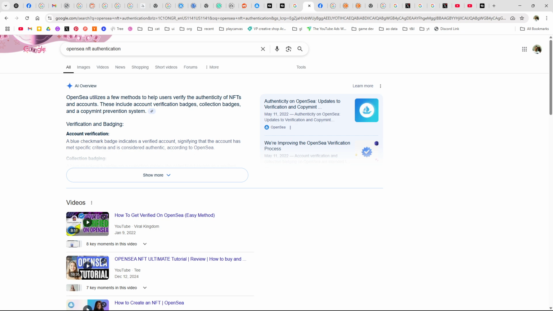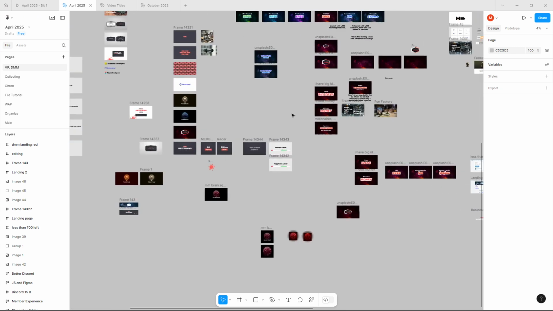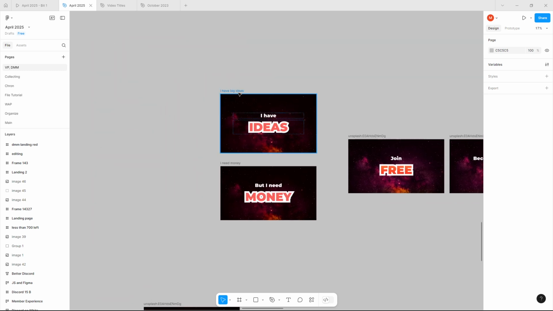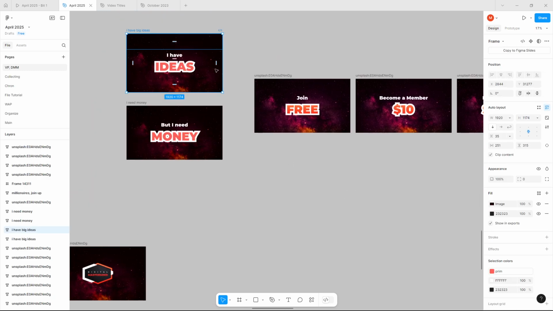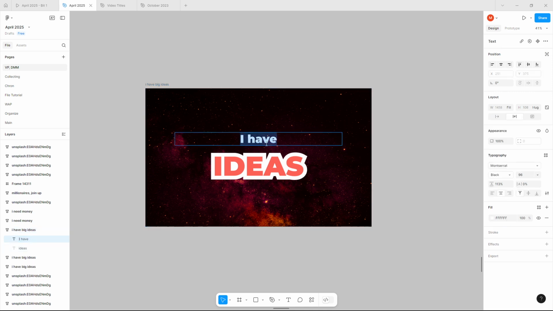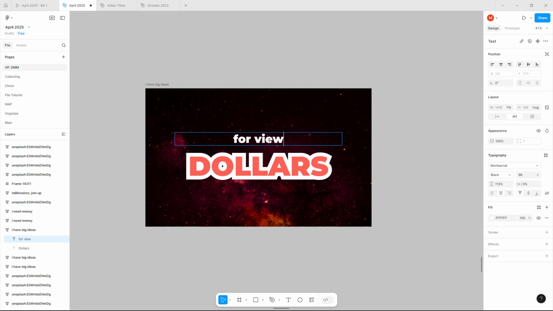Here, let me pull open Figma, see if I can illustrate this in real time. So I'm going to maximize Figma here. I'm going to grab a template. I kind of like this one because it's just got the two text thingies and it is pretty epic. And so the idea was, I'm trying to think which font to use, but dollars for views.